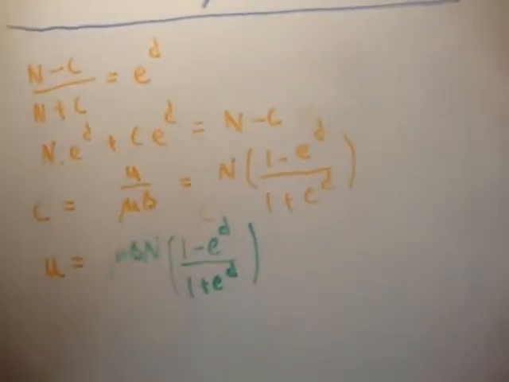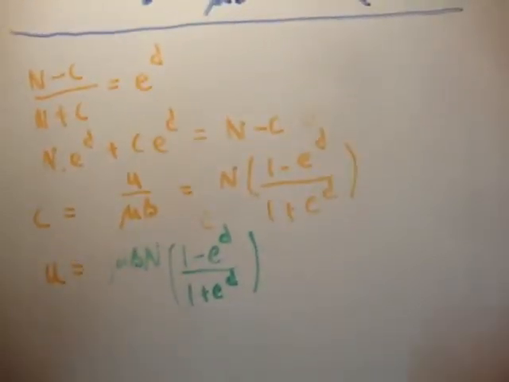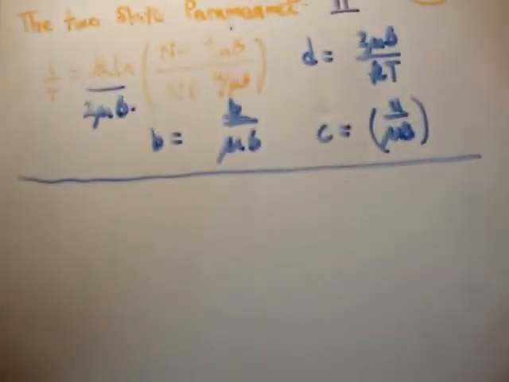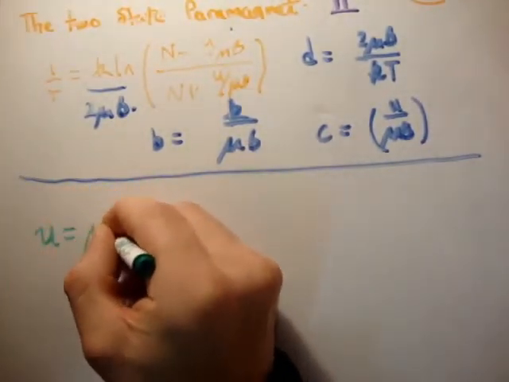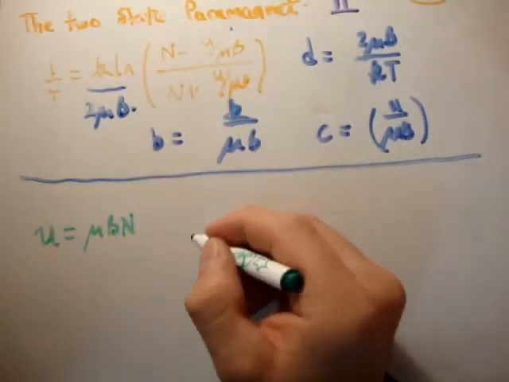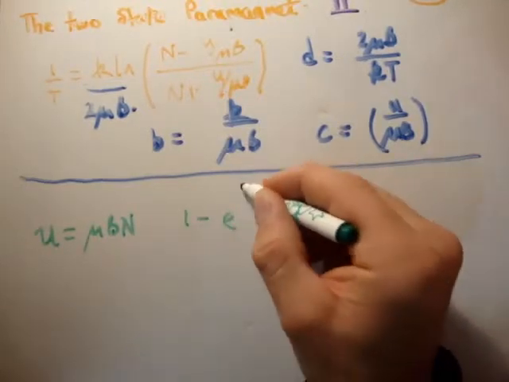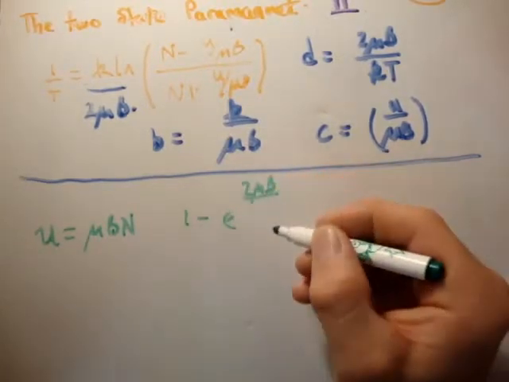Well, I think it's time that I put in the full answer. So I'm going to put it in without my placeholders. I'm going to rewrite that equation. So we had U is equal to mu B N times (1 minus e to the 2 mu B over kT)